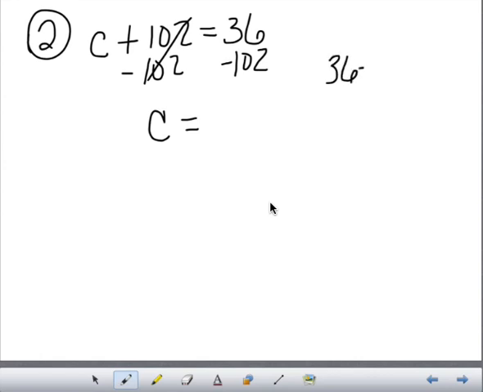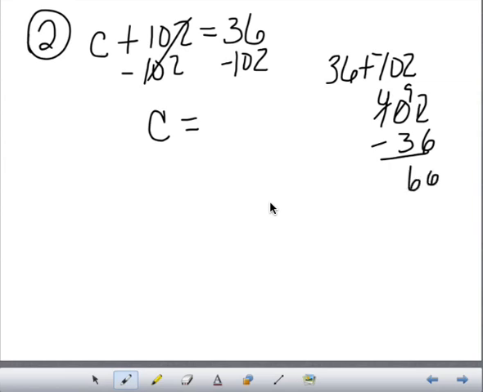Well, if you need to write that down over here on the side, you can. That's really like plus and negative, so I'm really going to subtract and take the sign of the larger number, so you get negative 66. All right, number three,